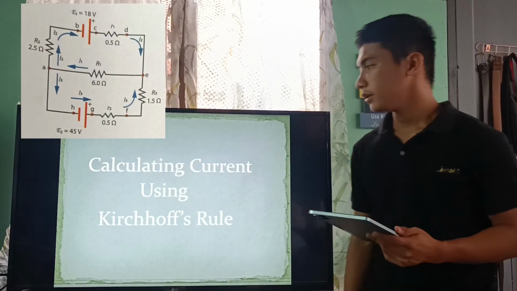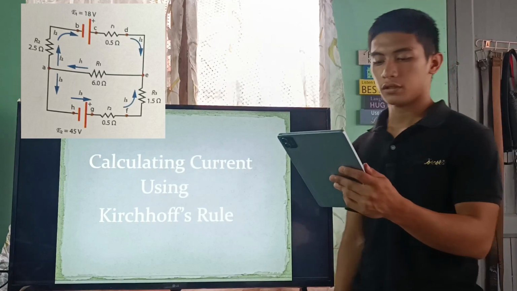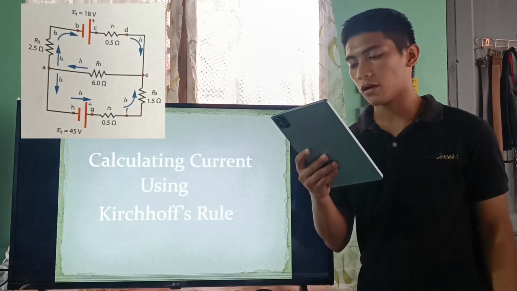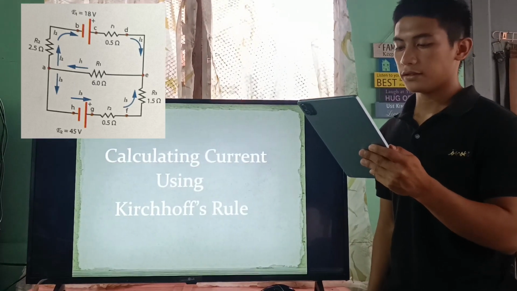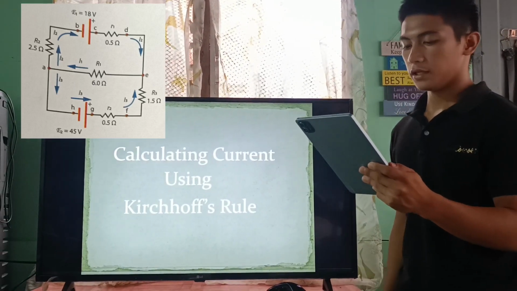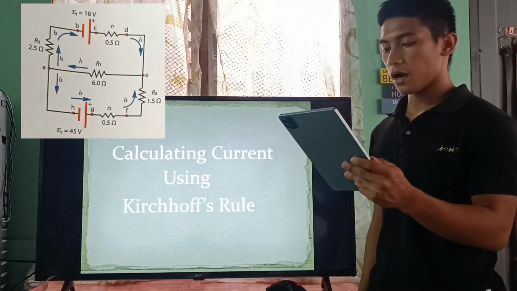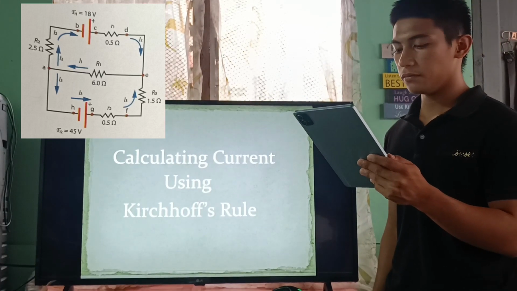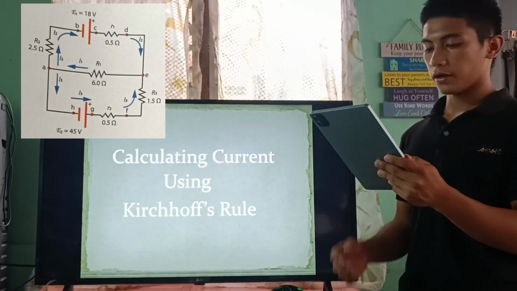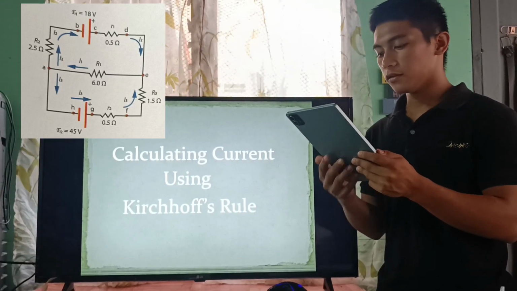Now we are going to calculate currents using Kirchhoff's rules. This circuit is sufficiently complex that the currents cannot be found using Ohm's law and the series-parallel techniques. It is necessary to use Kirchhoff's rules. Currents have been labeled I1, I2, and I3 in the figure, and assumptions have been made about their directions. Locations on the diagram have been labeled with letters A through H.